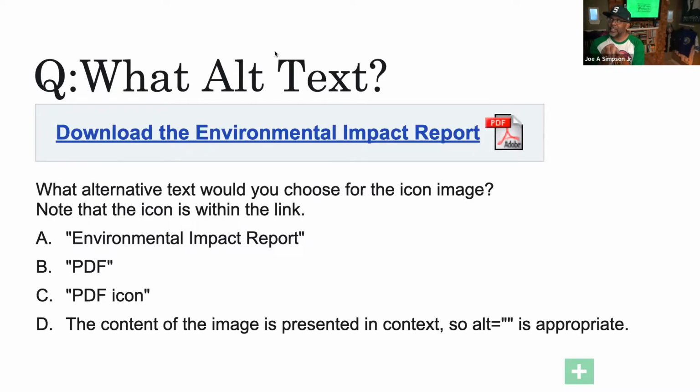All right, put it in the chat. Let me know whether you think it's A, B, C, or D. Let me just check the chat here. All right, so we have a couple of folks that said C. All right, and the answer is